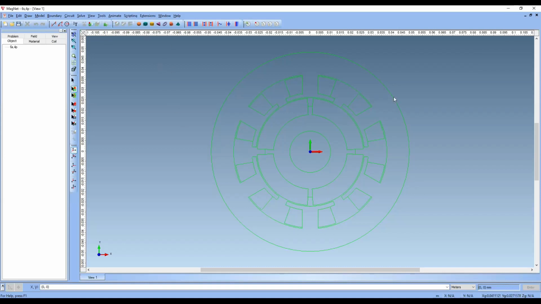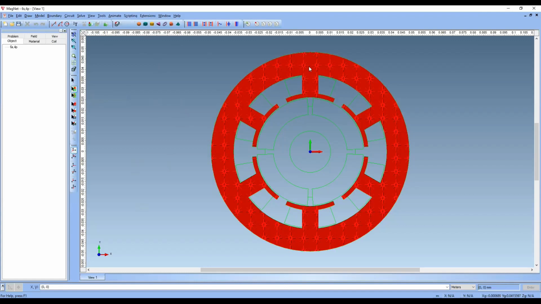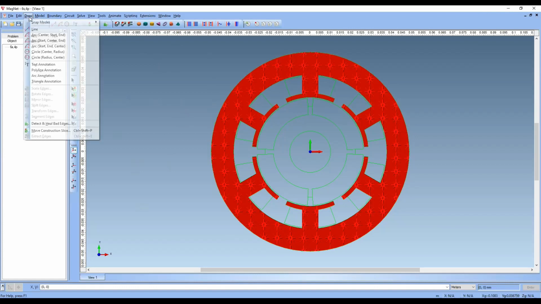Now, once the geometry is completely built, you want to fill in your materials. How to fill in the materials? Now you want to select the surface. This selecting tool, you want to select and click on it. So the surface is being selected. Now you want to go to